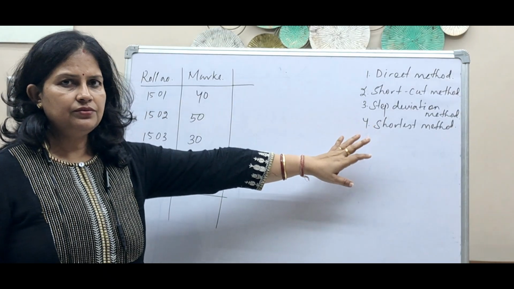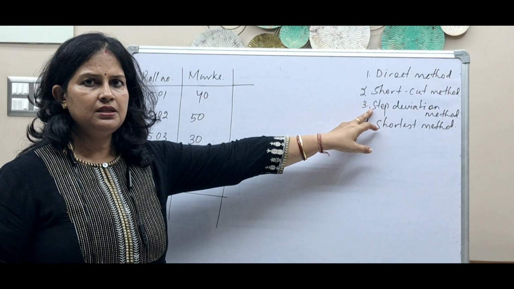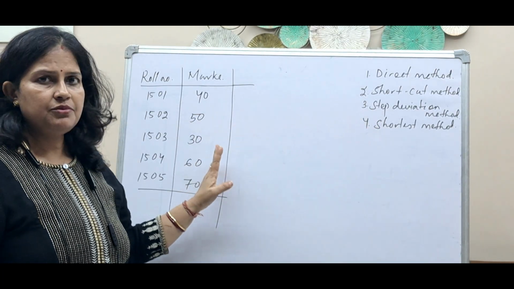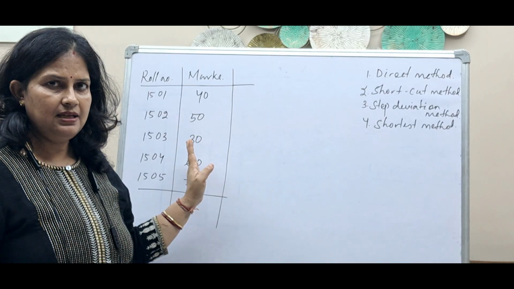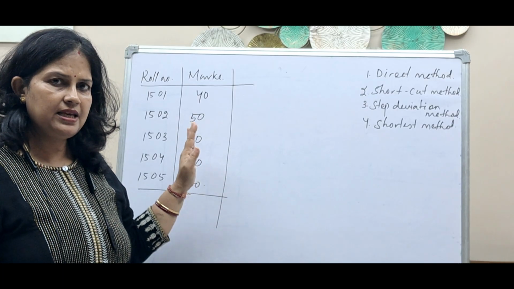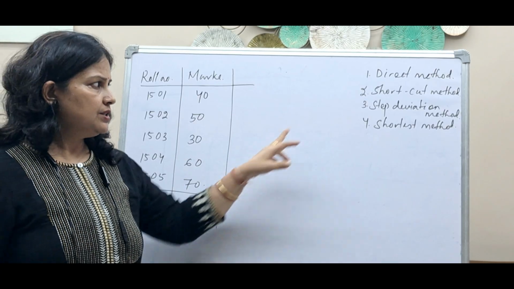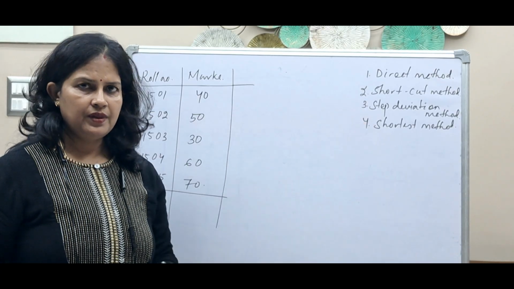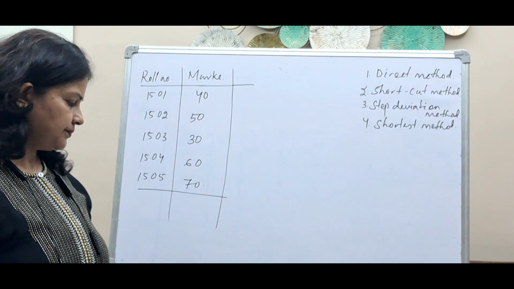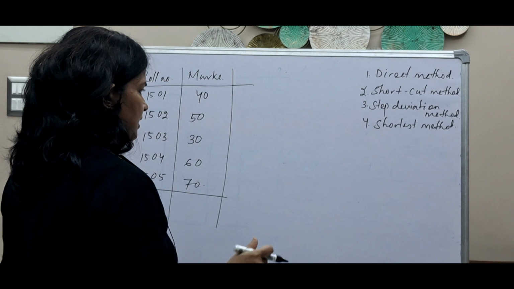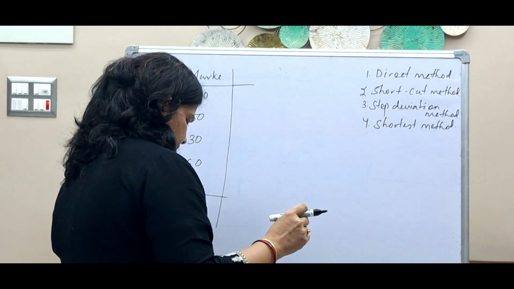First we will write down the formula for step deviation method and then we will take the same example that we have taken in the last class. We have discussed the same example in the last class, and we are going to discuss it in this class for these two methods. Let us start. So the formula for step deviation method is